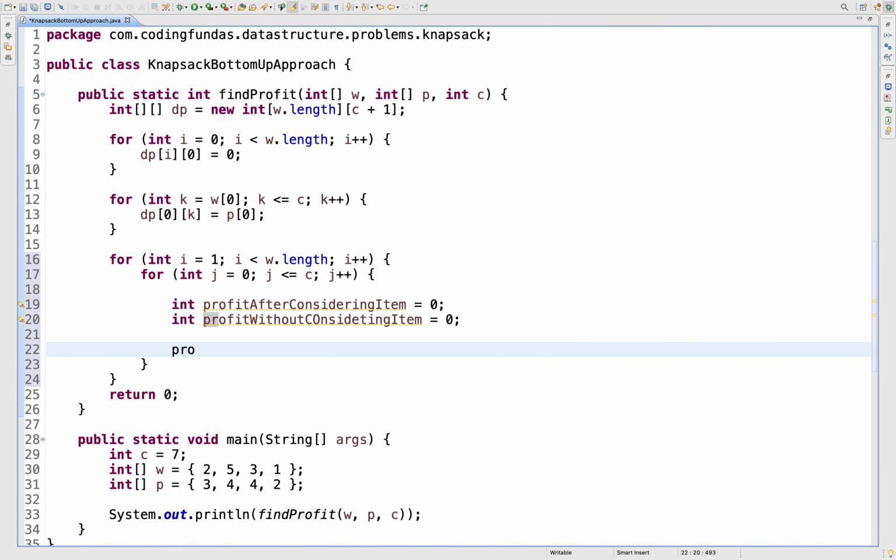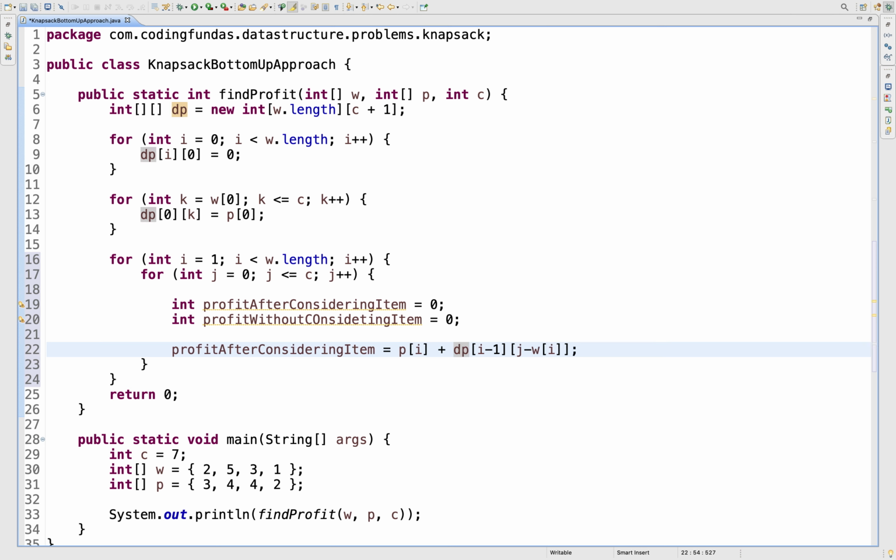So profit after considering the item will be dp of i minus 1. That will be the profit from the current item that we are getting, and the capacity remaining will be j minus wi, right?